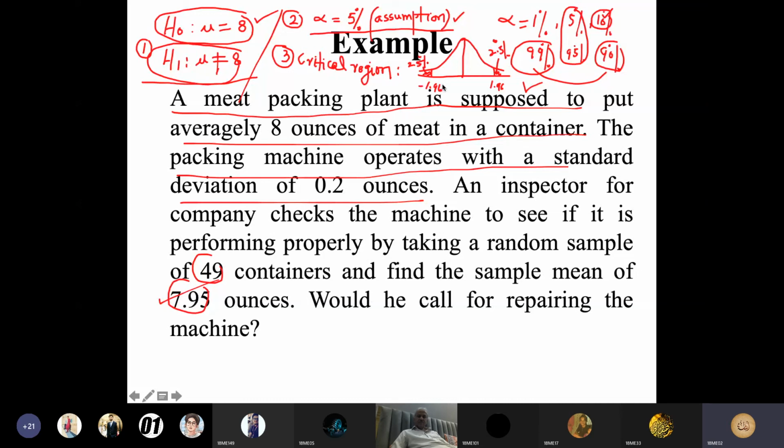ठीक है जी, स्टेटमेंट समझ में आ गई सर। जी सर, स्टेटमेंट समझ में आ गई।